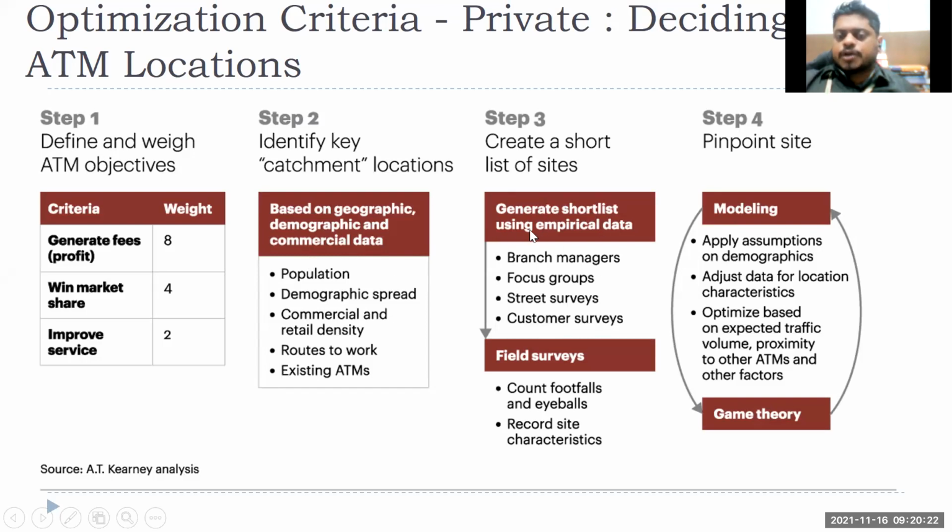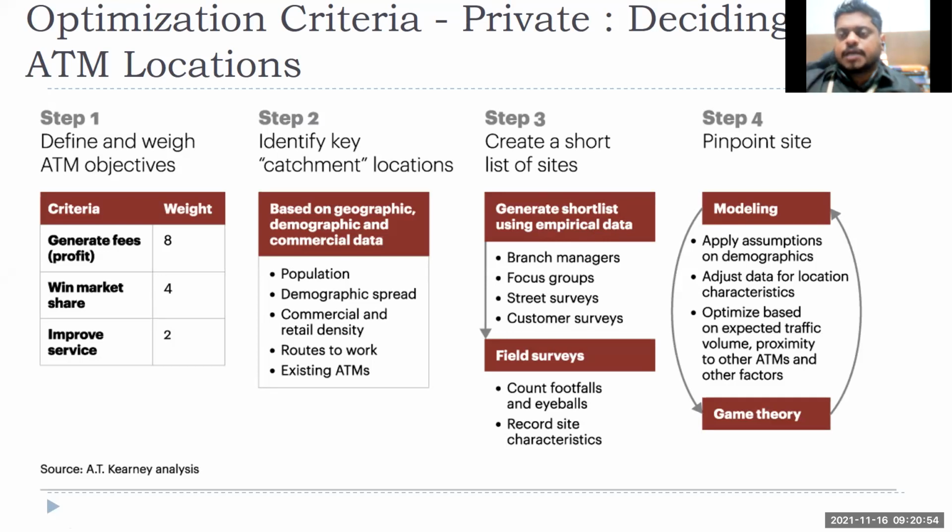Then generate a shortlist using empirical data based upon these locations, taking into consideration the distance measure, right? Whether competitors are there or not. Identify a few suitable locations, right? Then generate a shortlist out of those, let's say 50, 30 or 100 locations. Carry out an actual focus group discussion with branch managers of those locations where you have your banks, with customers, right? And that is where your marketing research comes into place, where you go to the customers